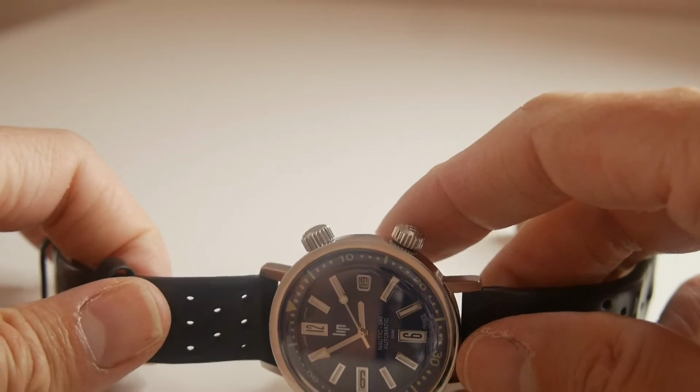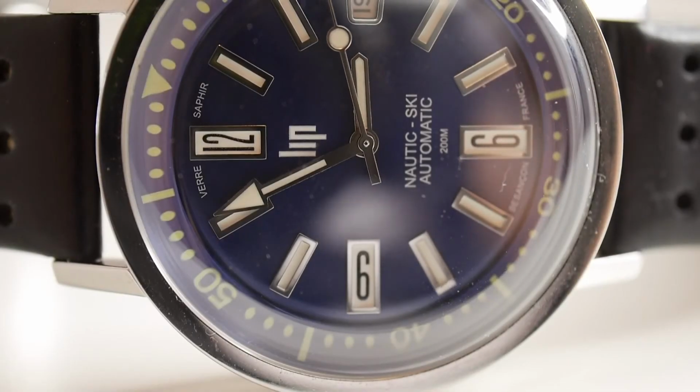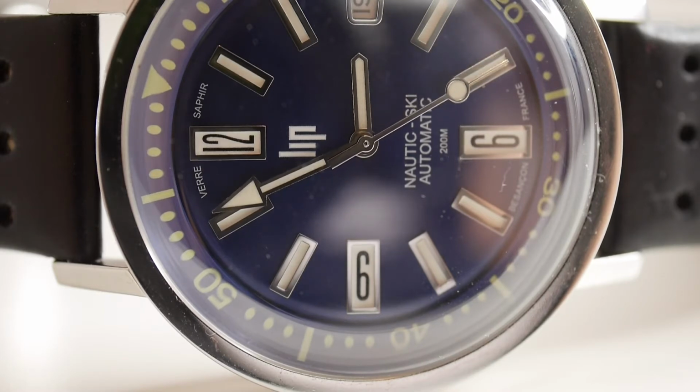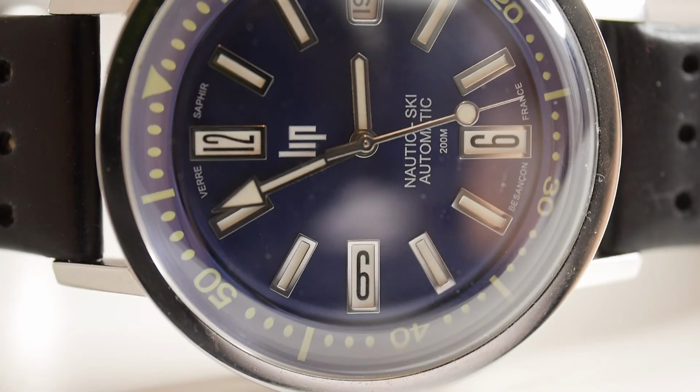The other major flaw for me is the Miyota movement. Hit me in the comments if you know more about this than me, because I do not know. I'm not an expert in movements and things like that. So I've read conflicting things, but some say that Miyotas aren't serviceable and things like that. But this watch is pricey enough,